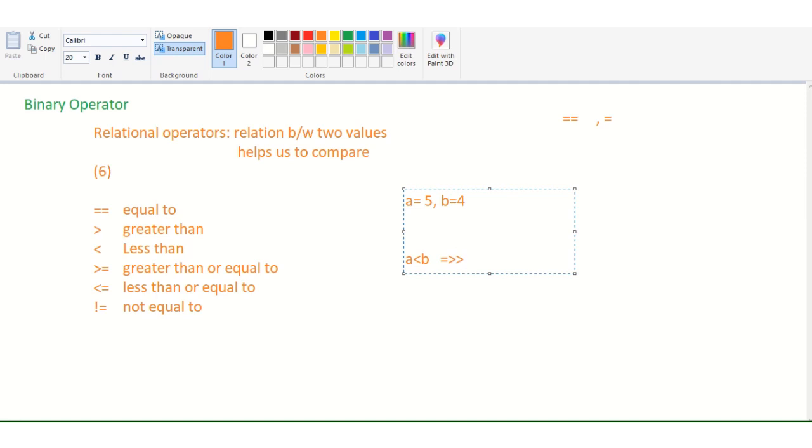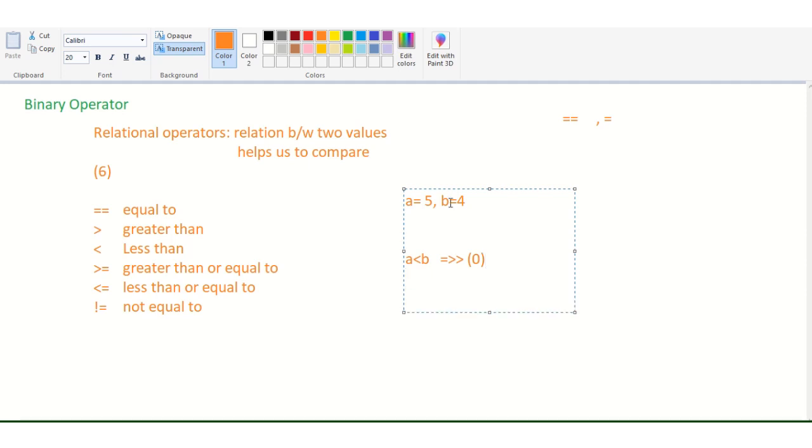Whether this is true or false. 5 is less than 4? No, then your output will be false, right? And your computer returns you 0. 0 means false, non-zero number means true in C or C++, right?